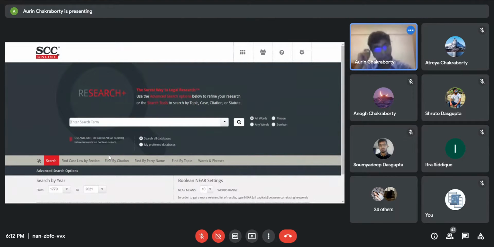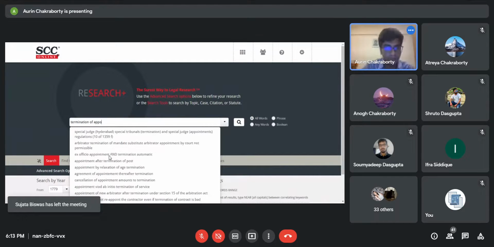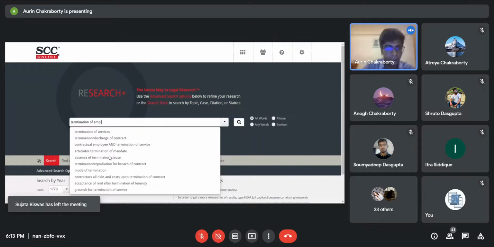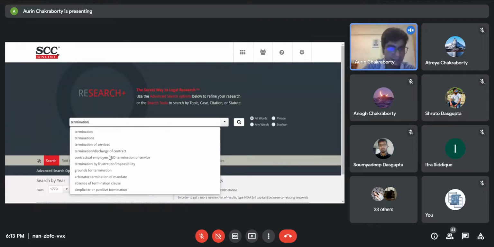Next we can go to the or keyword in a Boolean search. The or keyword helps us in a situation where we are dealing with synonyms, or similar sounding or similar meaning words. So what I can do over here, for example, if I'm finding something with respect to termination of appointment, or employment, or just termination, is fire the search.